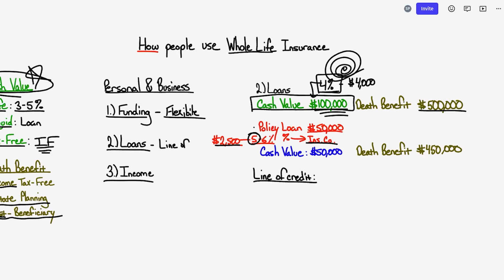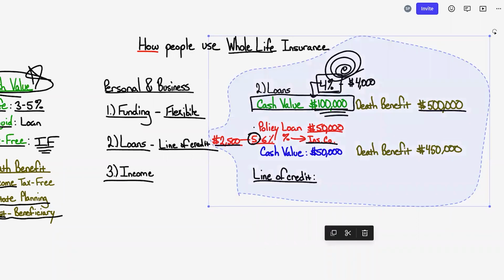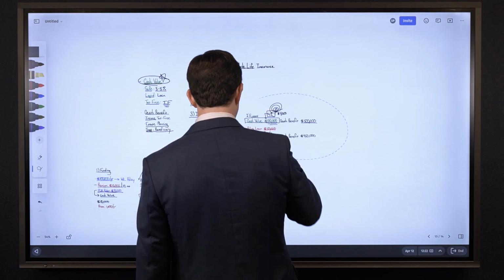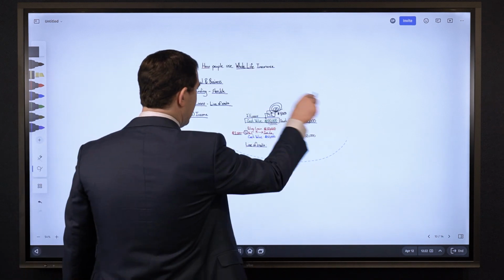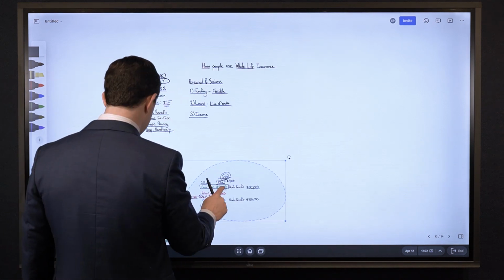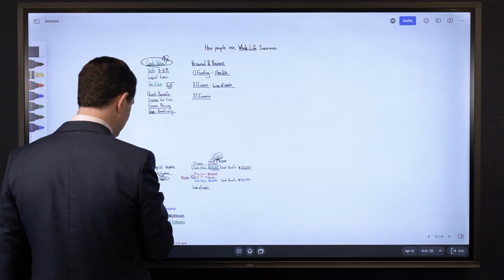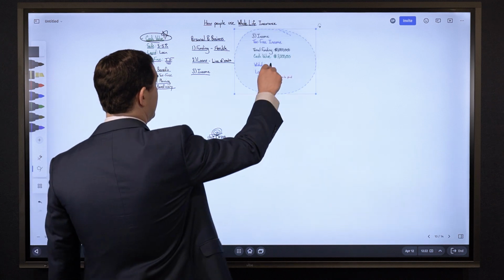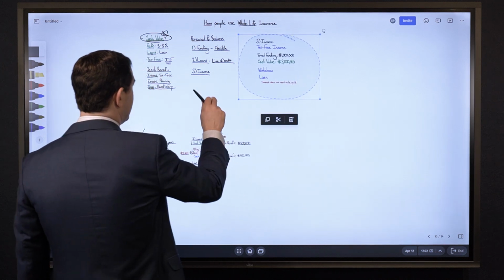And one other thing people like to look at here, without getting overly technical, is tracking the value of their policy, or I should say what the cash value is growing by every year, and then looking at the cost to borrow, specifically how much is my cash value growing by every year, and how much am I paying in loan interest. And really what individuals want to see, all they want to see, is am I in a position where I'm gaining more than what I'm paying? That's really what I'm interested in.